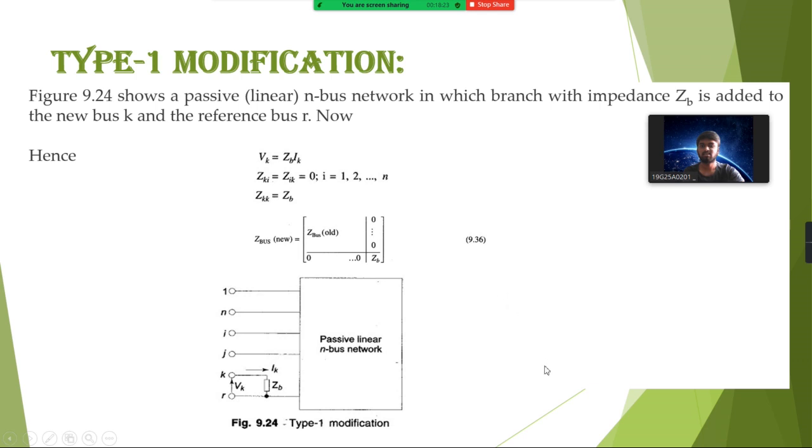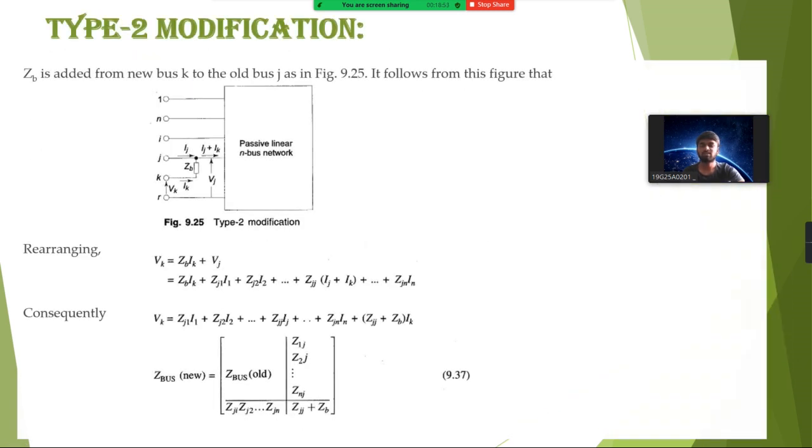We will get the equation as Vk is equal to Zb Ik, and Zki is equal to Zik is equal to 0, where i is from 1 to n, and Zb is equal to Zkk. This is the first modification we will do on the Z bus matrix, and we are moving to the next modification, that is